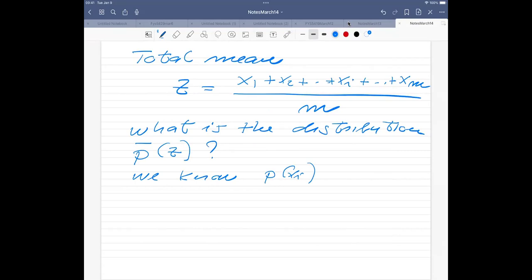And it shouldn't come as a surprise that if these variables are independent and identically distributed, the final distribution is going to be a Gaussian. This is the central limit theorem. But beware that this assumes that all these small guys here are independent and identically distributed. That's a fundamental assumption, because otherwise you cannot derive the central limit theorem.